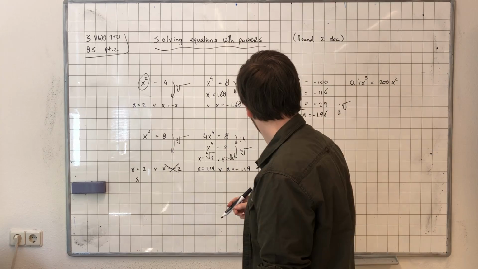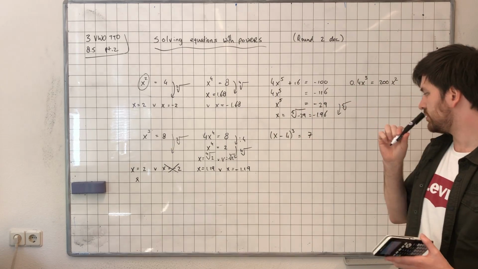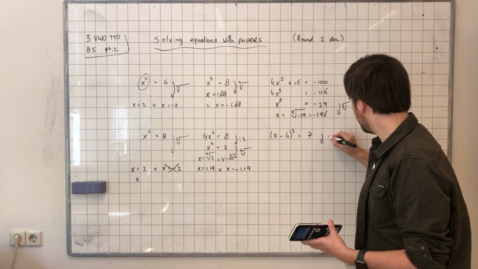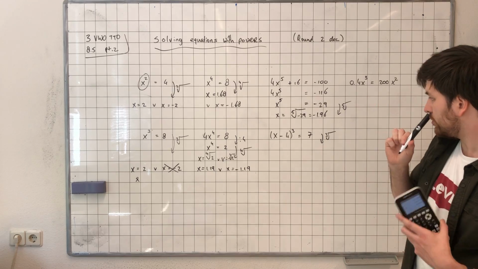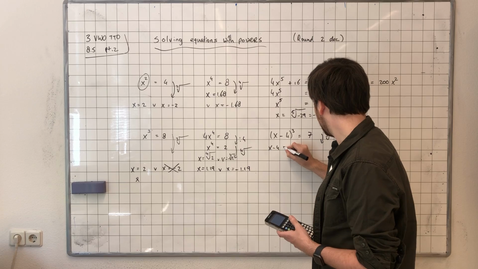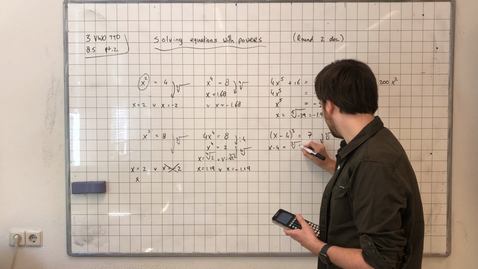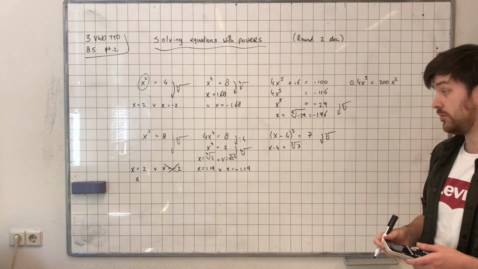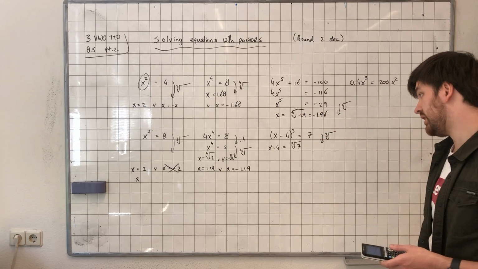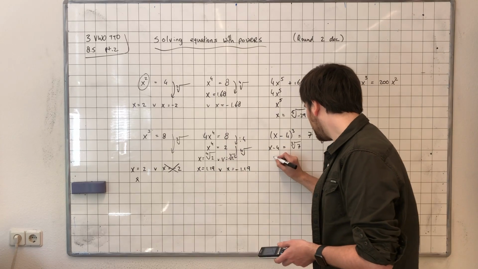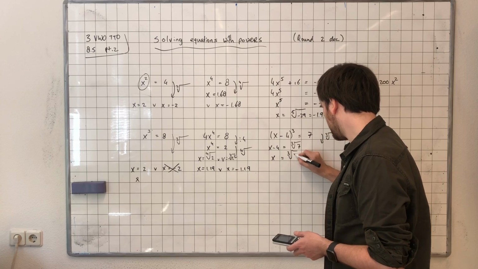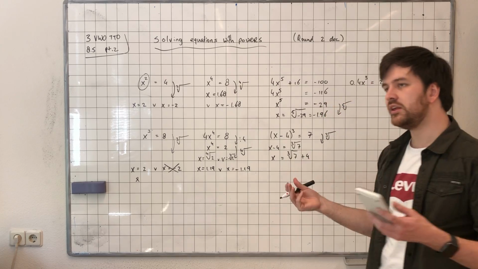The next one. This one's more difficult due to the brackets, but it's still doable. I'm going to take the cubic root first, which leaves us with x minus 4 is equal to the cubic root of 7. This looks really weird, probably. Remember, this is an odd power, so there's only 1 answer. Then the last step is to add 4 to the other side, because you still want to calculate x. This would be the only